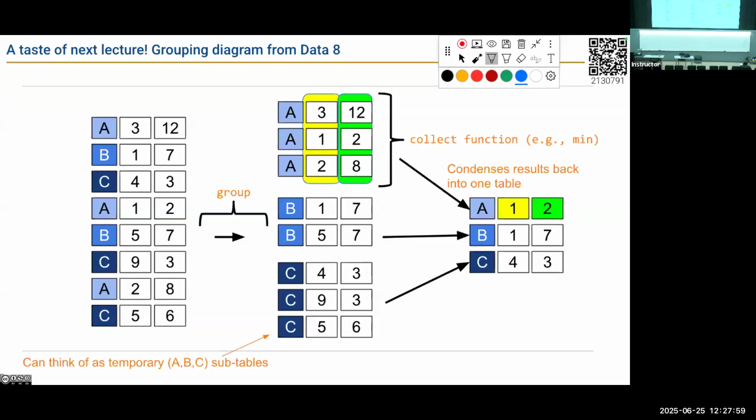I mentioned this in the first lecture, but grouping and aggregating data is a huge part of the data science workflow. Literally, the idea of grouping your data into separate groups like this, and then aggregating each of those groups somehow to form a new data set, is such a big part of data science that I can't emphasize this next lecture enough. You covered this in Data 8, and you might want to go review it.